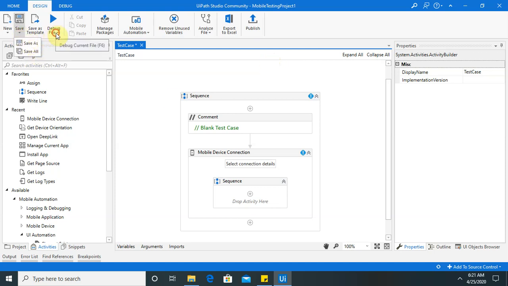So here you can see the debug option is available. Once your code is ready to debug or run the file, you can definitely do that. So this is all about mobile automation. In a further session I will take one example, and with that example I will explain how to do mobile automation in UiPath. So that's all about the detailed structure, how the mobile automation project looks, how you can add devices, how you can connect our devices, and how to add the application. This is all about the mobile automation framework which is newly included in UiPath.